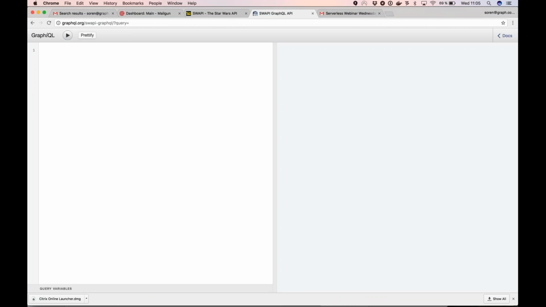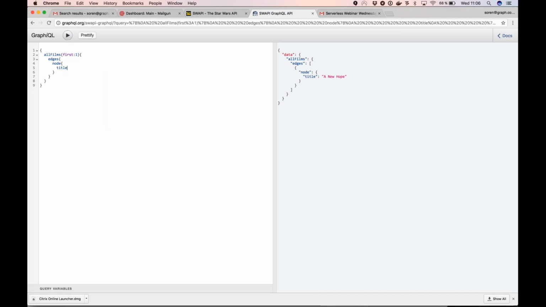This interface is called GraphiQL. It's developed by Facebook, and it's a lightweight IDE for GraphQL queries. It has built-in autocompletion, so you can do things like query all films. You can say you just want the first, and for all films you want to get back the title. Super simple. But you can then also go further and say there's a connection to a director, for example, and for the director